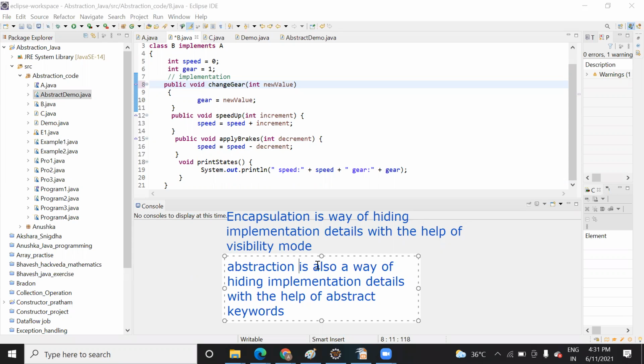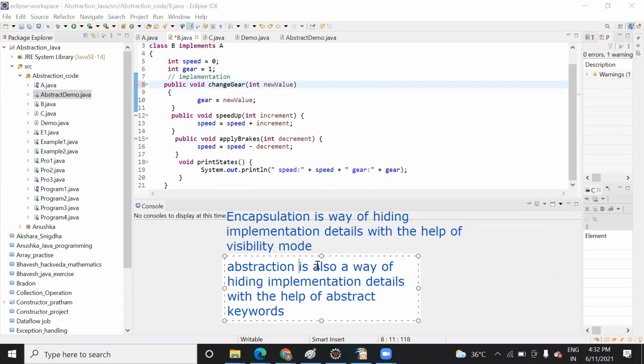If you make any variable private, it will make that variable hidden to the other class. In abstraction you are just not providing the body. You are just declaring the method, and whoever wants to access it has to provide a body to that method.